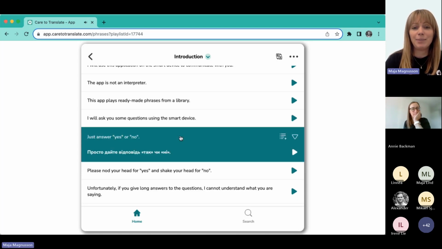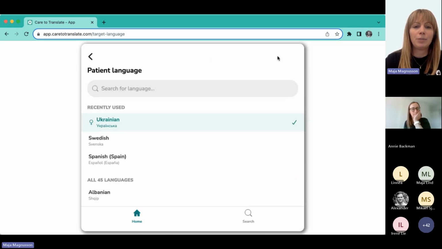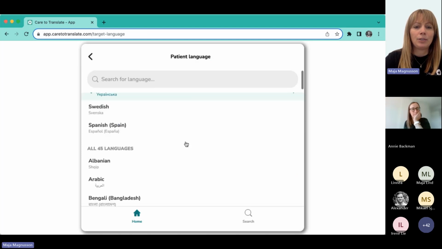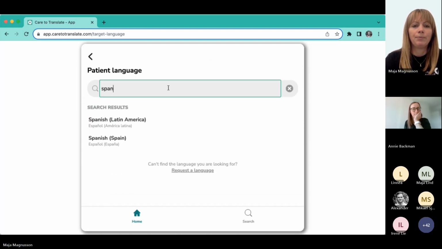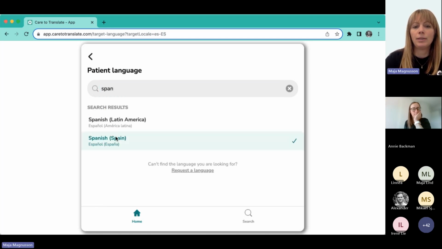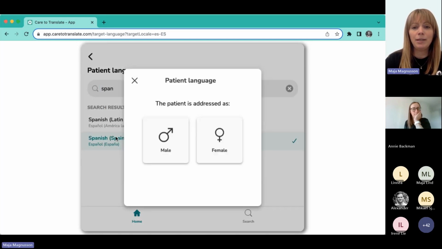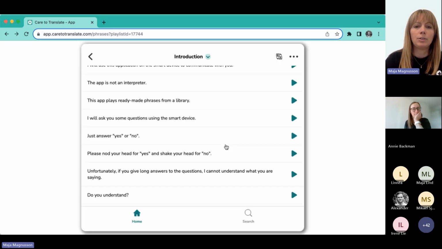And the translation is played in text and sound. To change the patient language, you simply click on the language picker, and you can scroll or search for the language you would like to use. Some languages have different dialects, and you can choose the one that is applicable for a patient, and also what gender to make the translation even more suitable for the patient. And now you're back in the same list and can translate the same